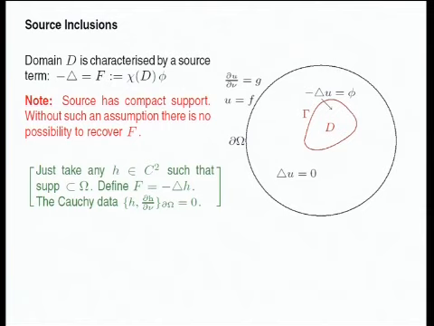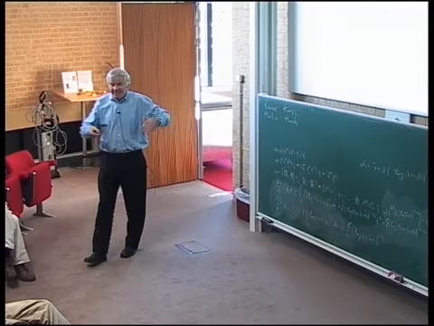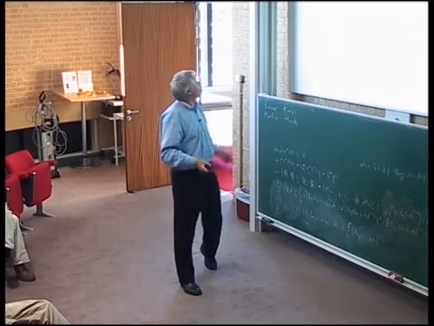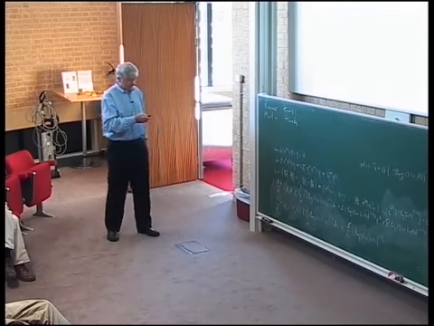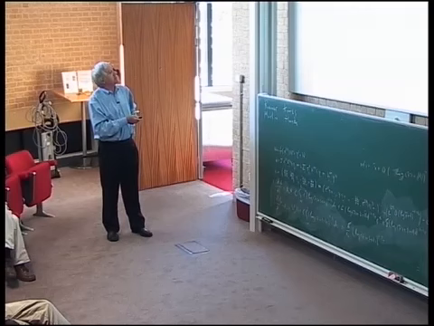The answer in general is you can forget this, because, for example, if I just said that it wasn't located inside a D, it was a random function f, you might think there's a possibility of doing something here. There is in fact none. And there's none because you just take any function h in C2 with support inside, define f to be the Laplacian of it, and you'll see that it's got Cauchy data 0, and it's not the 0 thing, right? And what this says is that even,